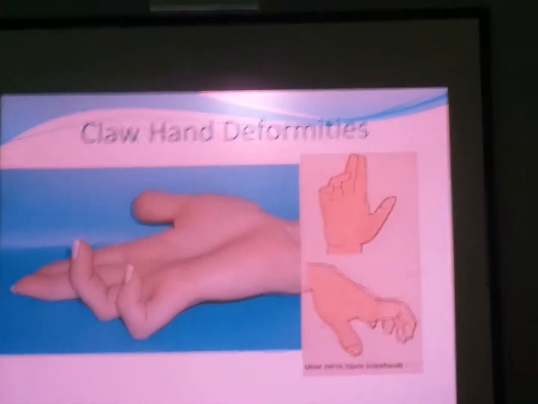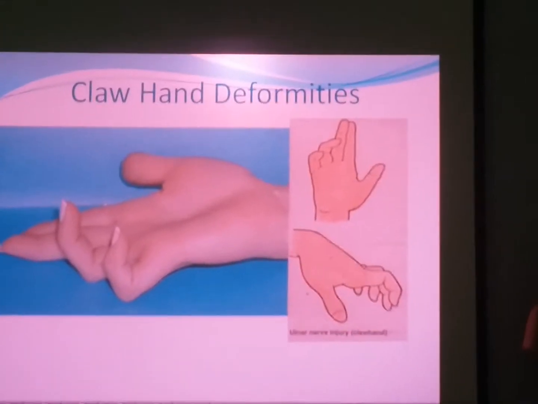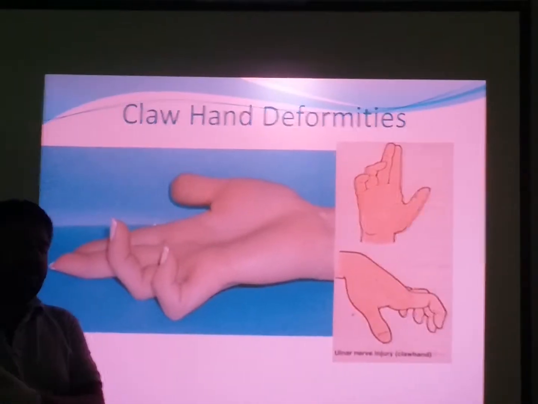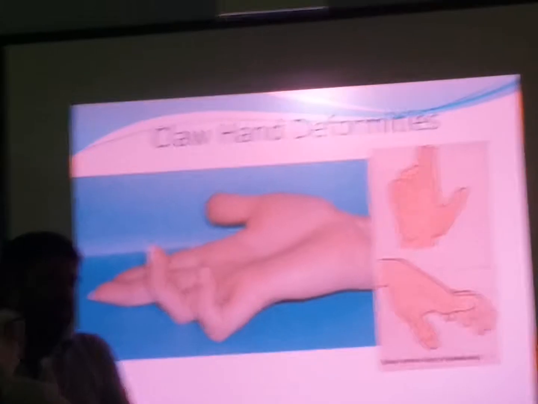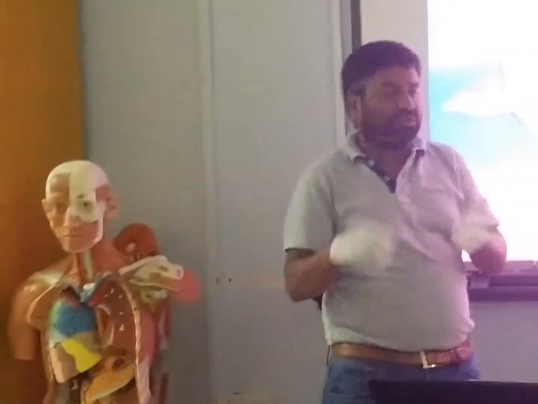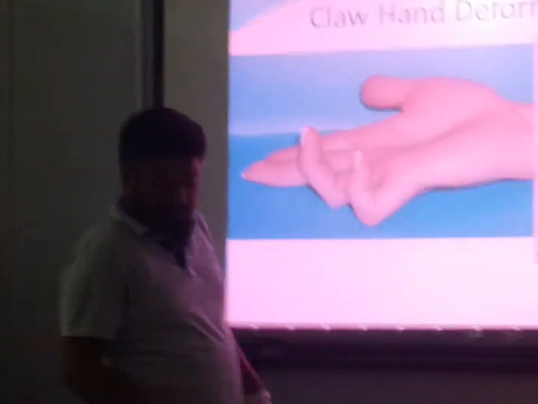So this is the territory of the ulnar nerve, 1.5 fingers, and even the hypothenar eminence, whereas the median nerve supplies 3.5, right? Any injury to the ulnar nerve, especially behind the medial epicondyle or in front of the flexor retinaculum, where it is more superficial,